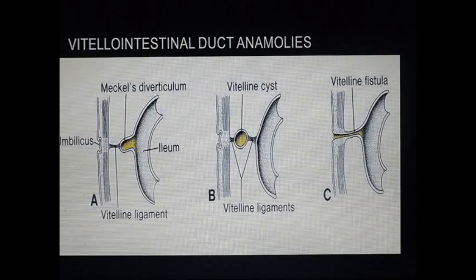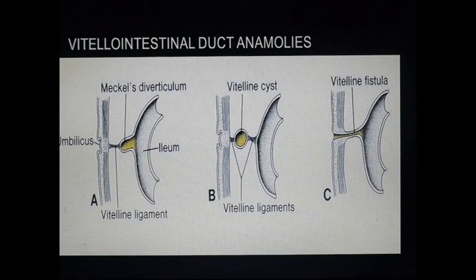So beginning with Meckel's diverticulum, the proximal part of the vitellointestinal duct is patent, and the caliber is almost similar to that of the ileum, and structurally also it may be similar to the ileum. Sometimes there may be parietal cells or oxyntic cells present in the Meckel's diverticulum, which produce HCl and later form peptic ulcers. It is also responsible for inflammation causing peritonitis. And intestinal obstruction may also be caused by this Meckel's diverticulum.